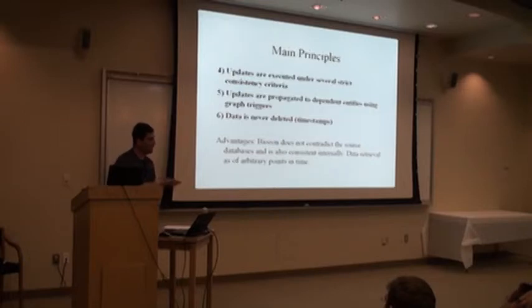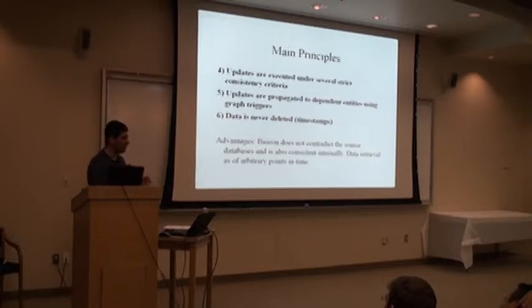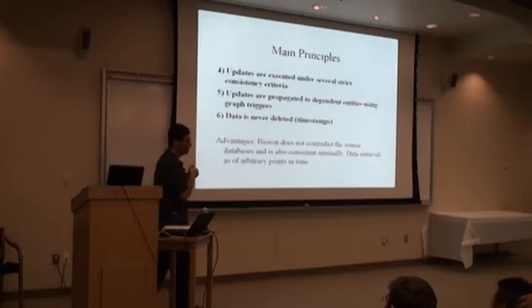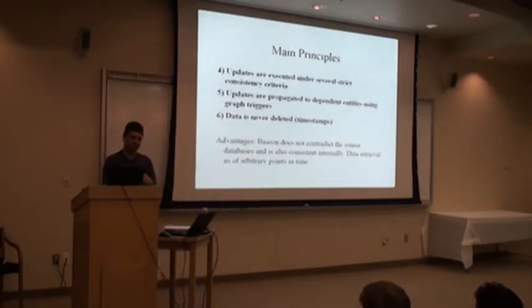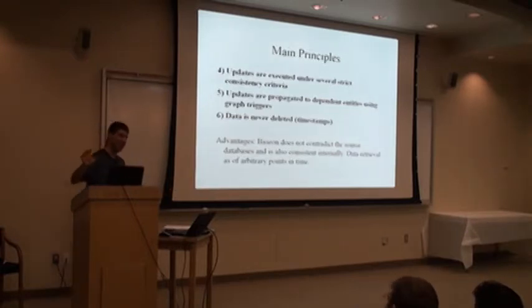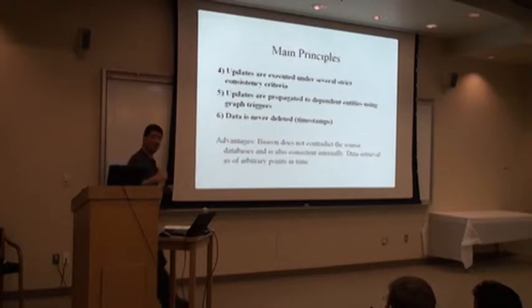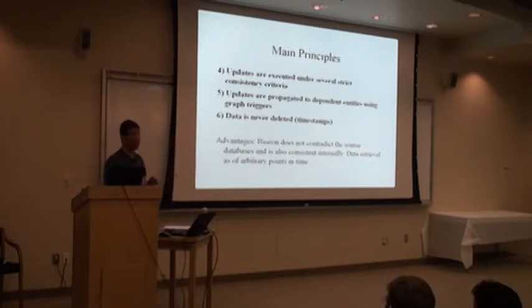the idea is that, at any given point, the data that we have in Biozon doesn't contribute to source databases. So let's say you had two sequences in two different databases that merge into the same entity in Biozon at some point. And then one of the databases decided to change its entry and change the amino acid sequence of one of those proteins. So when we update the information from that database into Biozon, it will split into two different entities. That's a very simple example. There are much more complicated scenarios that we have to address like this.